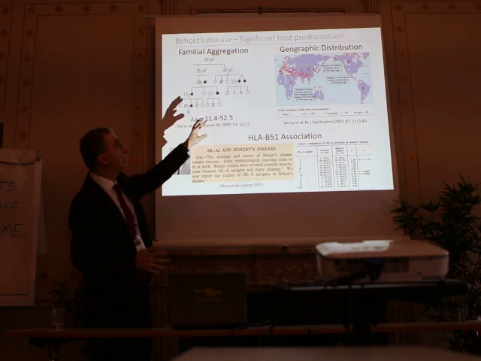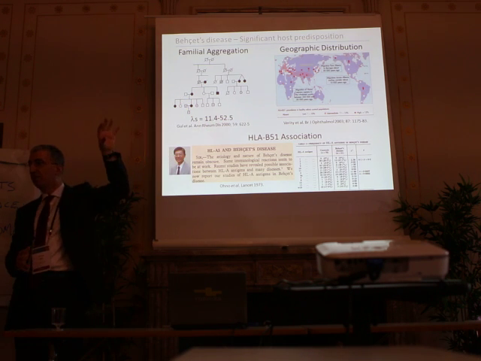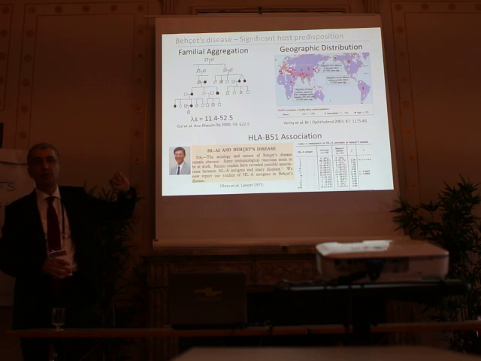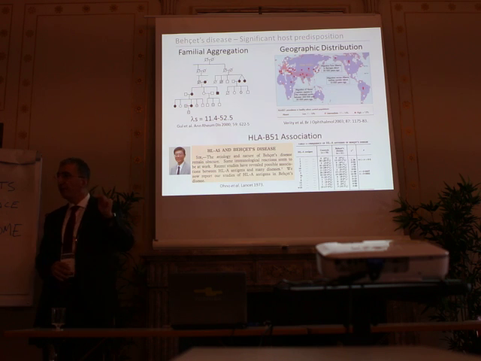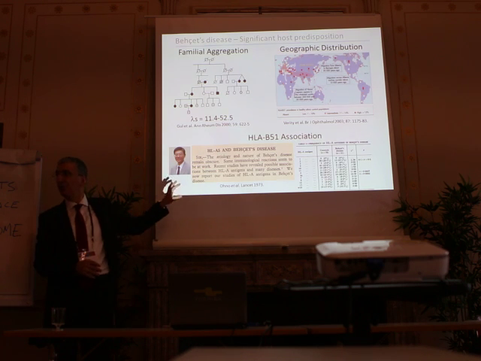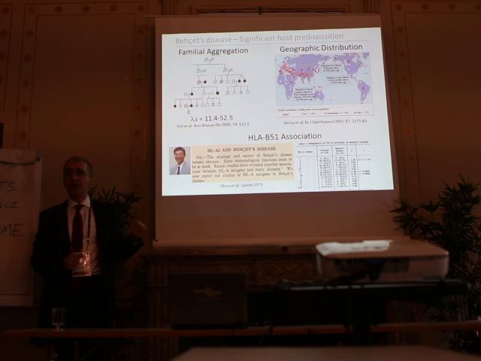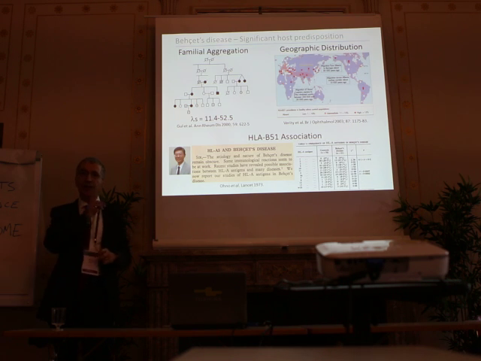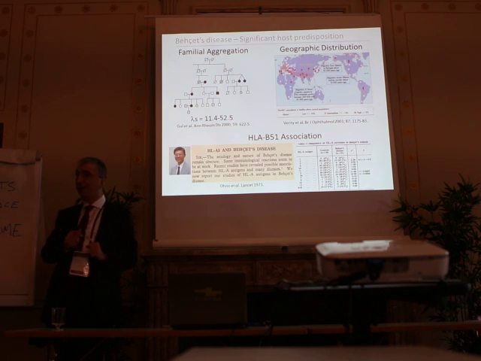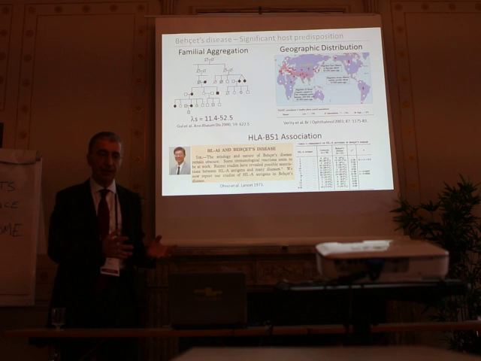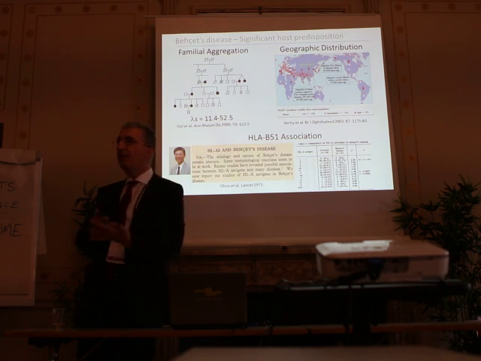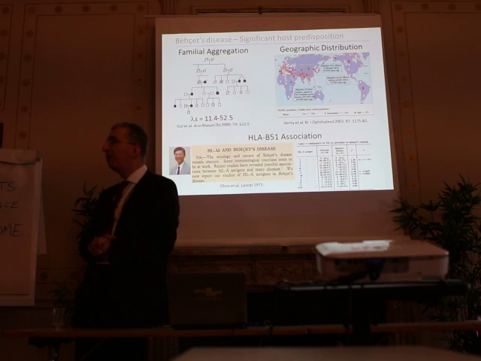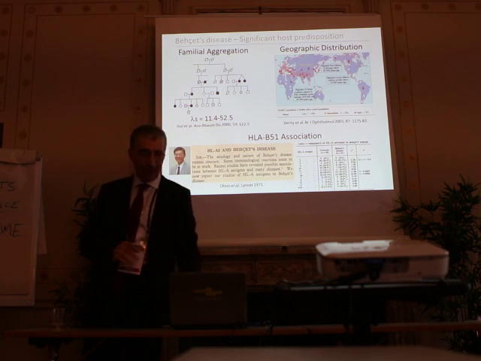And also the second clue is its peculiar geographic distribution, which fits very well to the distribution of our main genetic findings, HLA-B51, which was first described by Professor Ono. You heard him this morning. He's an ophthalmologist, and when he was a young fellow during his studies in the States, he described the association of Behçet disease with HLA-B51. It was named at that time A5, later on it was named B5, now we call it B51. Well, it is the main finding.